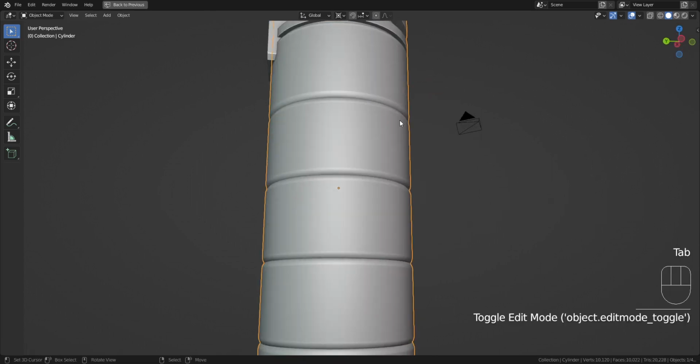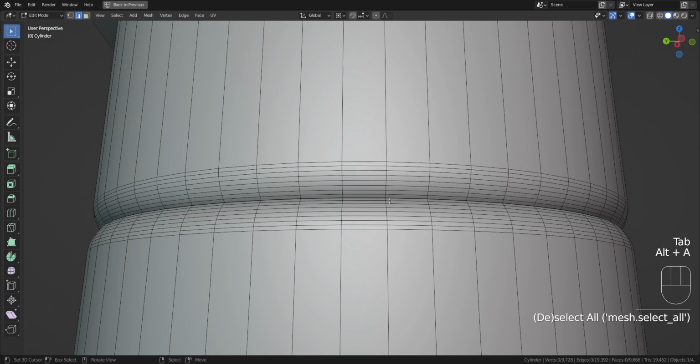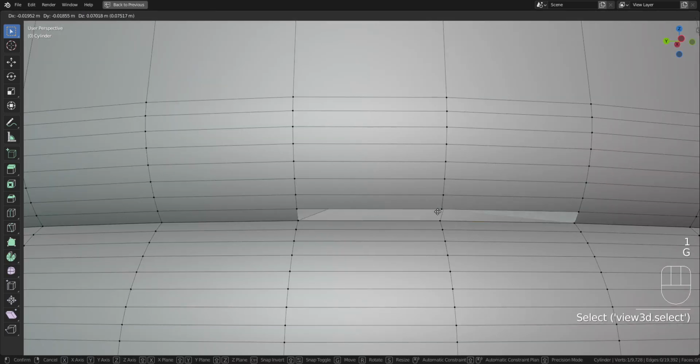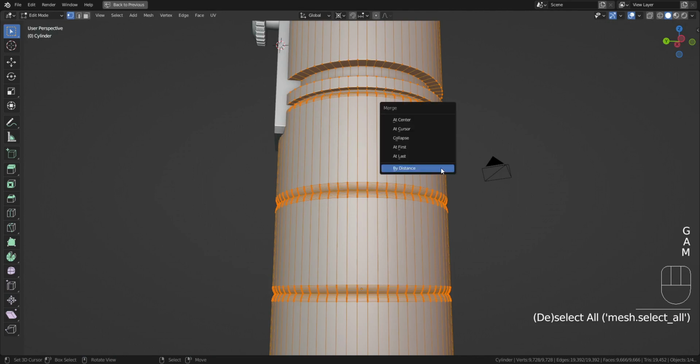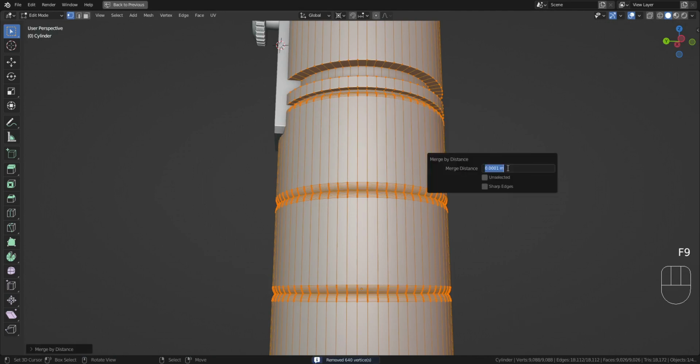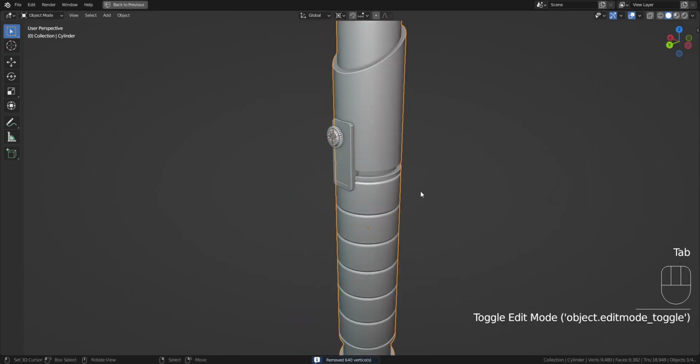There we go. So there's a bunch of verts here that are doubles. So let's get rid of them. And to make sure that we get all of them, 0.001, let's make it 0.001. It's still 640, so I think we got them all. Okay,